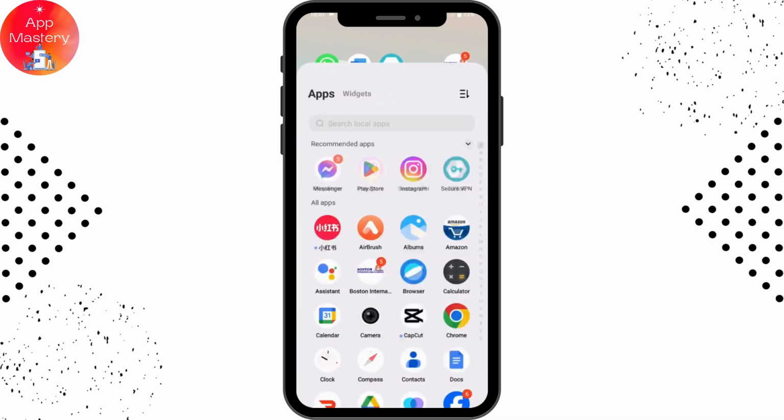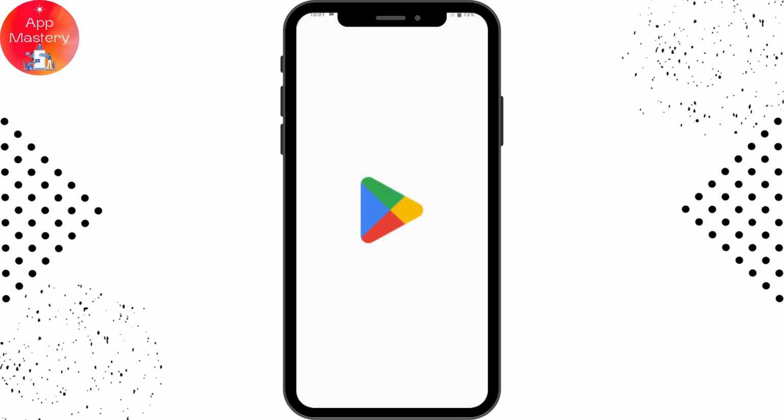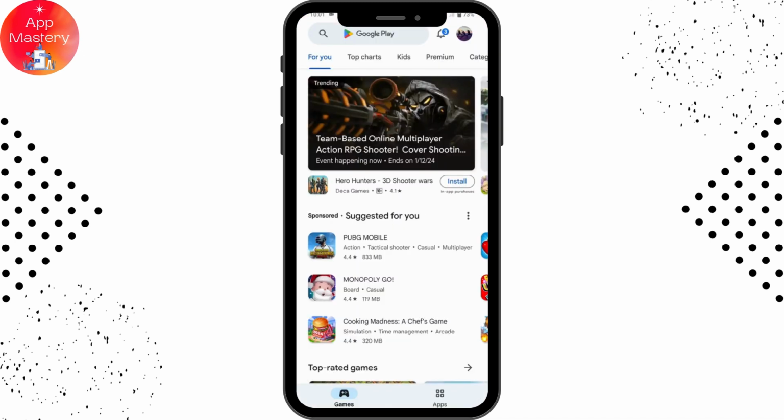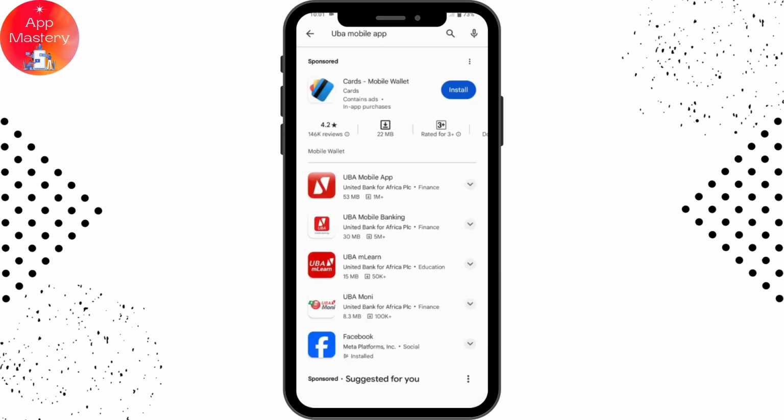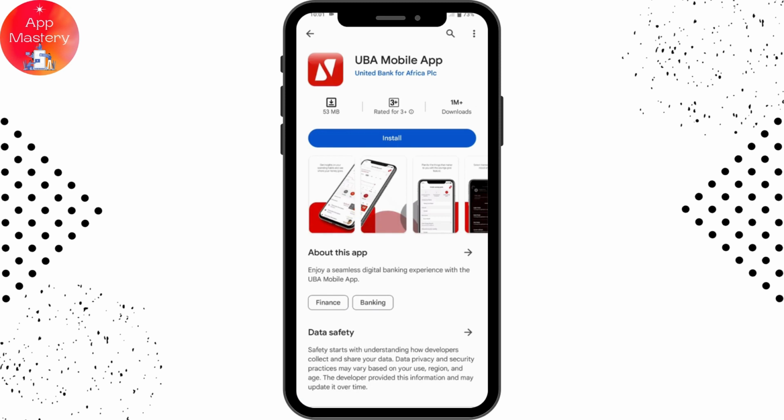So after checking that, open up your Play Store or your App Store and then go for the search bar, which is here on the upper side. Simply search for UBA mobile app. And after searching, here you will have this UBA mobile app. So if you want to download this, then you can simply tap on install,